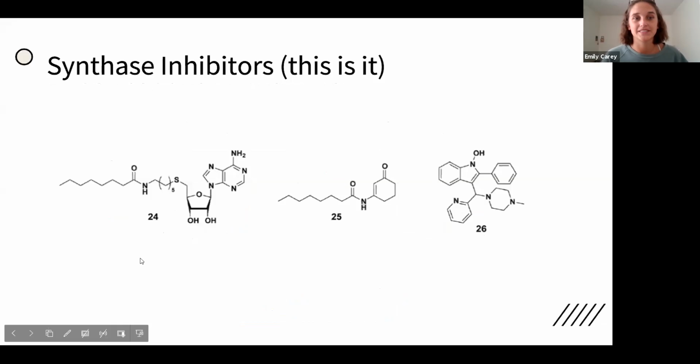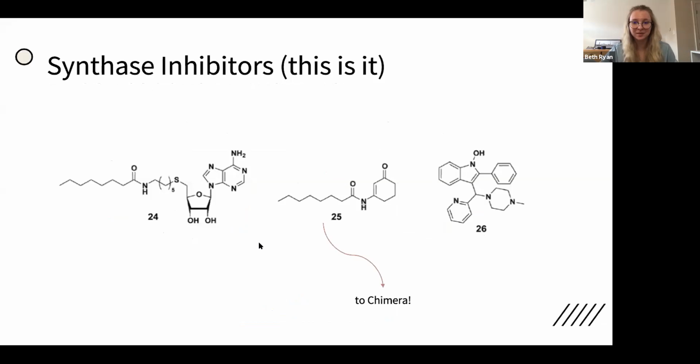Okay, and so we talked about the synthase inhibitors, still new research. This is what we're working on, and it's so new that this is all we have. And 26 is pretty questionable whether it's really working or not. So this is it, basically. That's all we've got so far. But we do have something interesting. We have a crystal structure, which means,